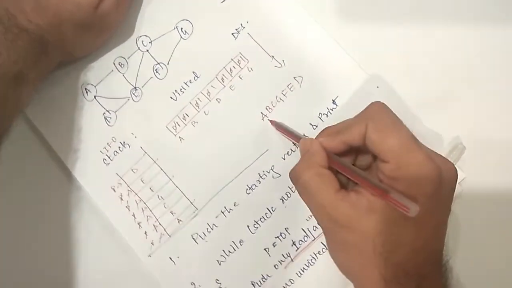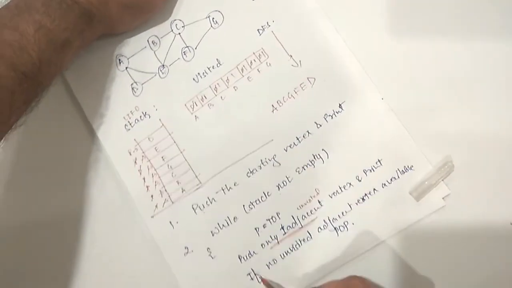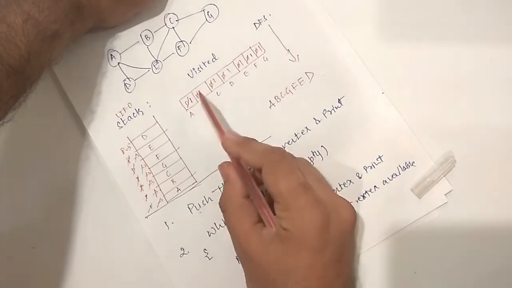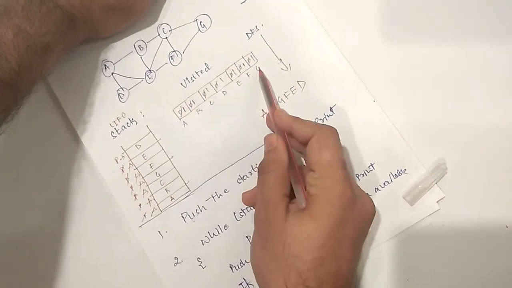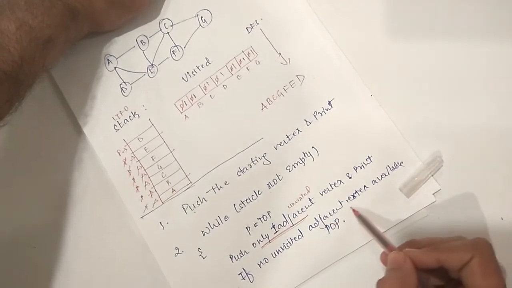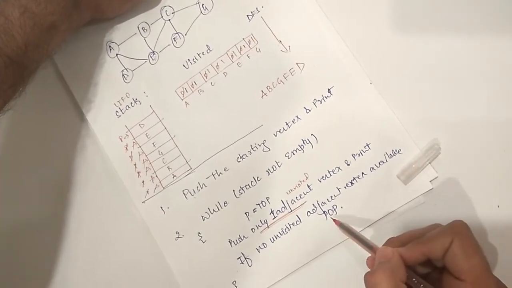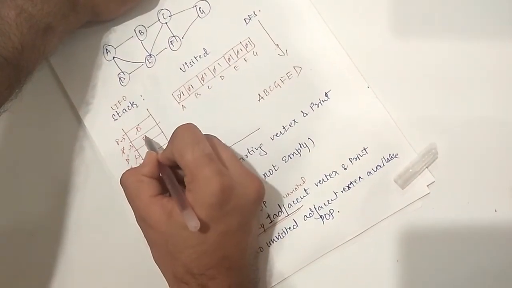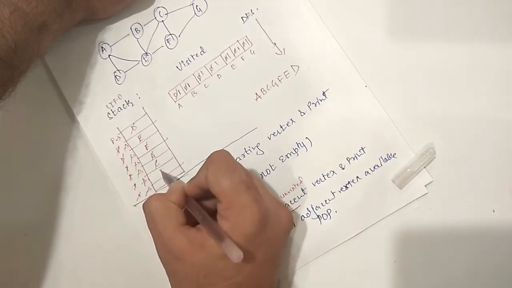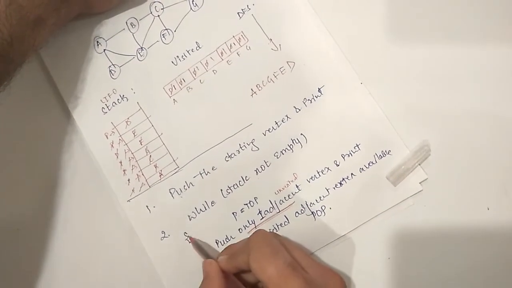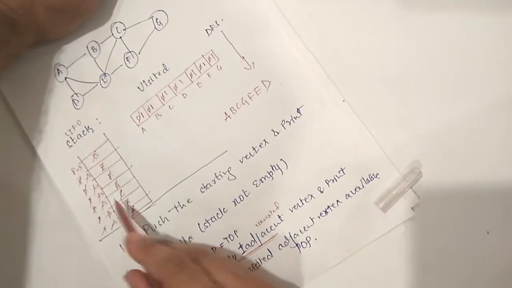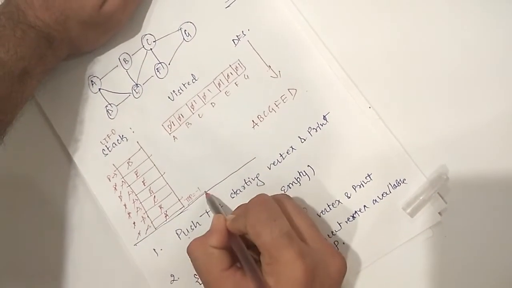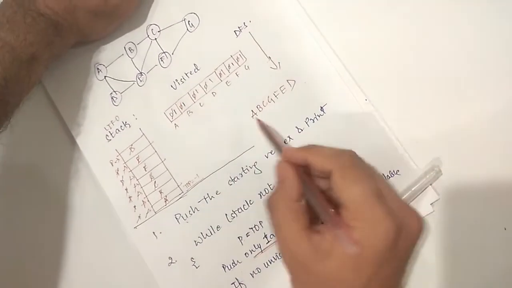So this becomes your DFS traversal. Next, in this step, if there are no unvisited adjacent vertices available, so now all the vertices are visited, so there are no unvisited adjacent vertex available. So at that time we need to pop one by one elements. So first D would be popped, then E would be popped, F, G, C, B and A, up till all the elements, or up till your stack is empty. All the elements would be popped and top of the stack becomes -1. So this is your DFS traversal.